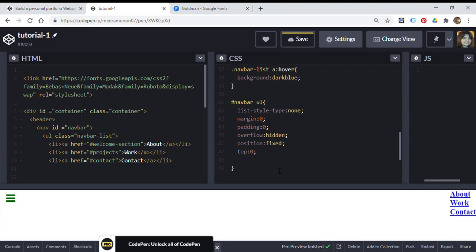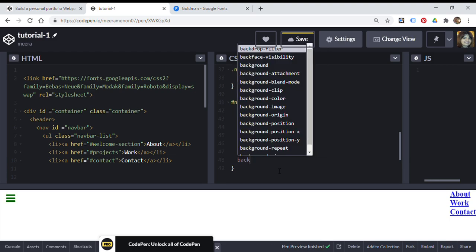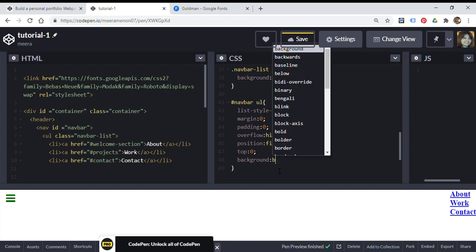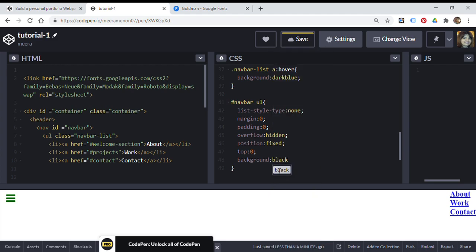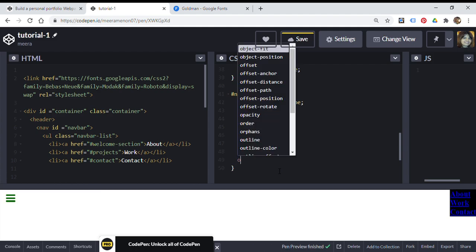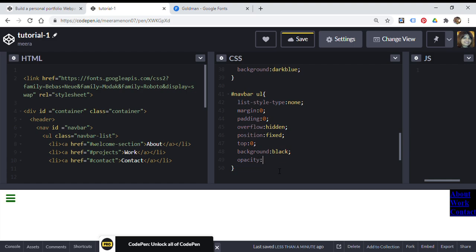Okay, then background color. You can write background color or background. I want it to be black. I want a bit of opacity, but that's again up to you. No need for that. Now this will make it a bit more transparent. The more you make it, the more it becomes transparent. So that's completely up to you.